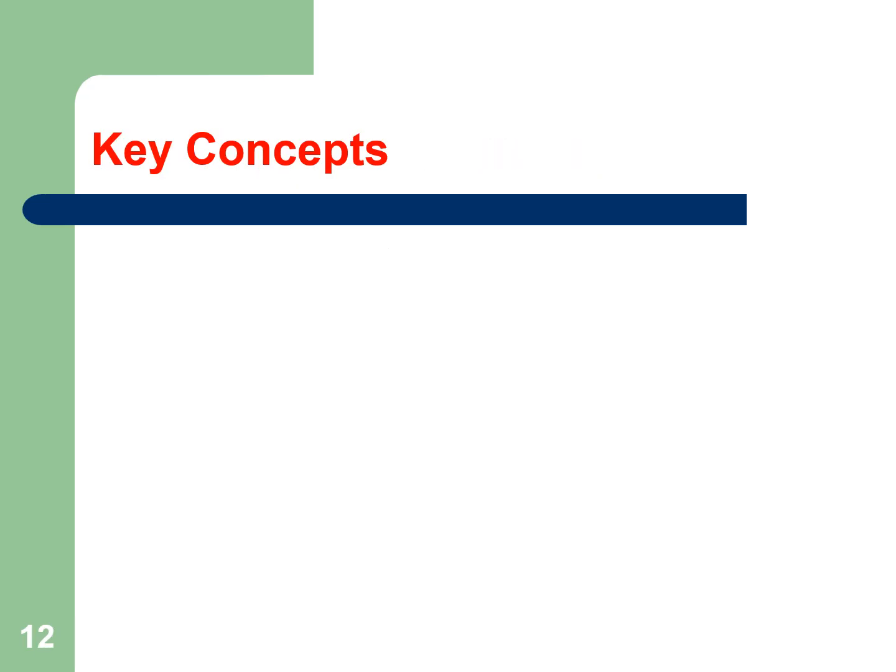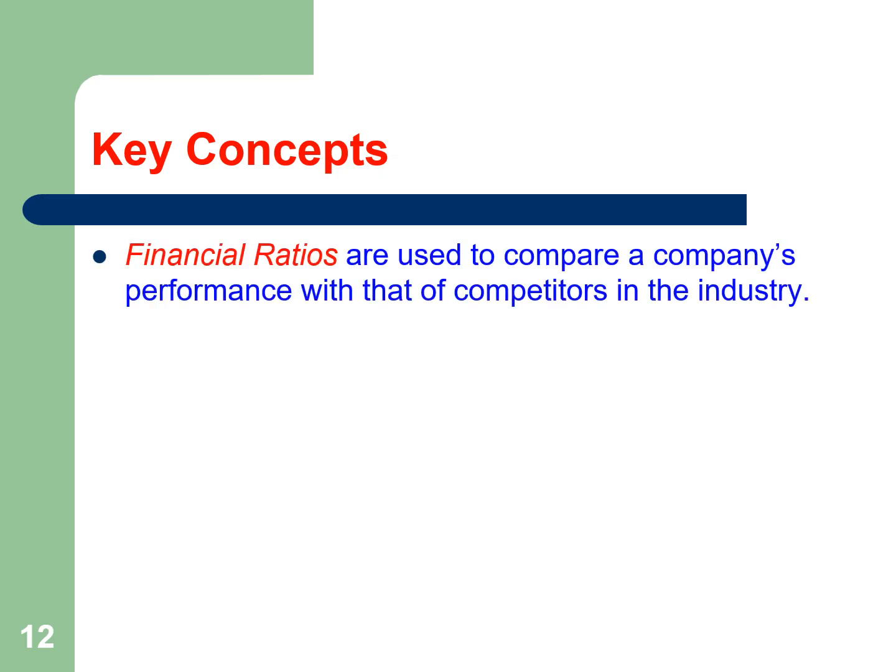This slide outlines some fundamental concepts that are essential for understanding finance and investment. Let's break down each of the following points. Financial ratios. These are important tools used to evaluate a company's performance. They help compare various aspects of a company's financial health against its competitors as well as against industry benchmarks. Common ratios include profitability ratios, such as net profit margin, liquidity ratios like the current ratio, and leverage ratios such